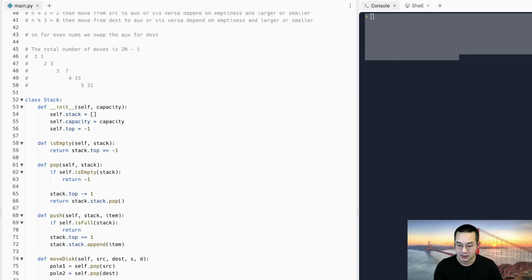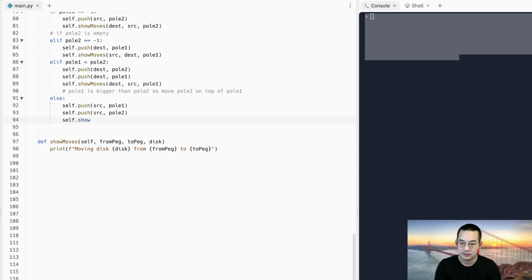So that means we're moving items to source. So self.push source poll 1 and self.push source poll 2 and self.show moves from the source to